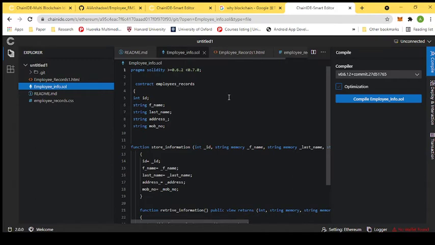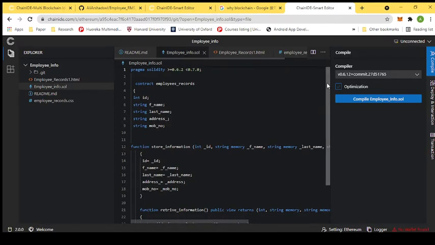So here is the smart contract to store the information of the employees. Here we name it employee info, so we want to store the employees' information. You can change it according to your requirements. For example, if you want to store patient information, or some other sensitive information such as complaint information, or some people have recently published research papers on FIR complaint registration and tracking system using blockchain. I think these works can be done using this tutorial,